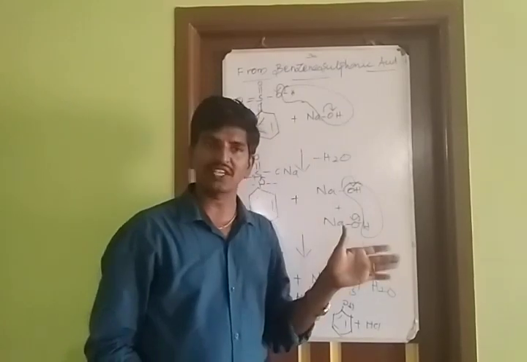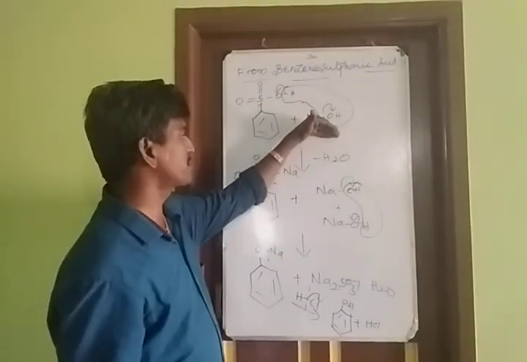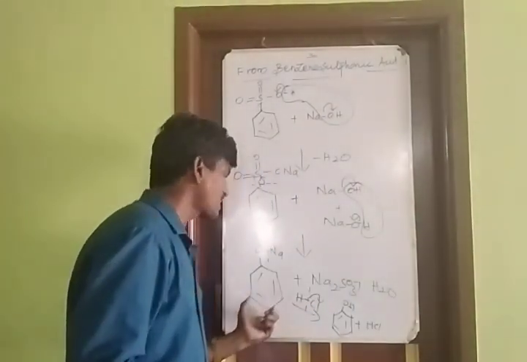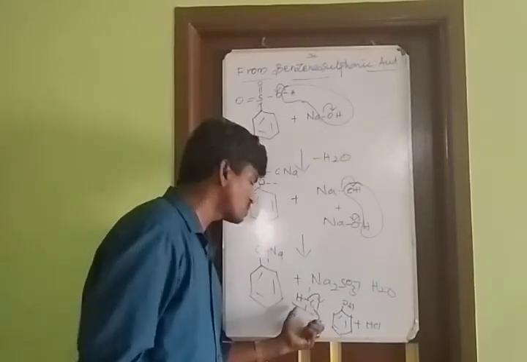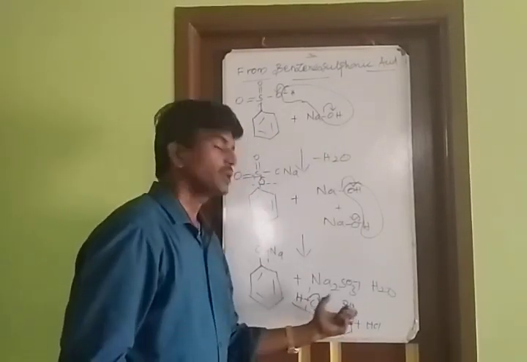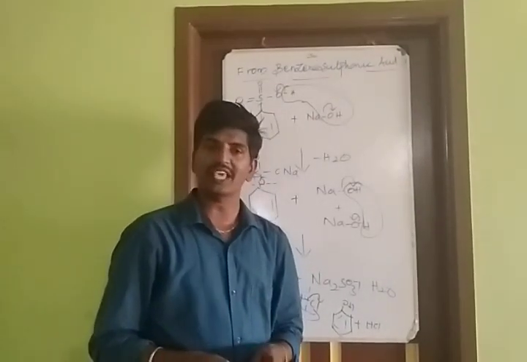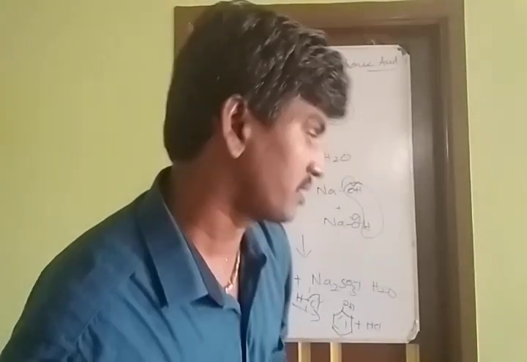It is acidic in nature. When it reacts with a base, it gives salt. Sodium hydroxide is a base. It gives salt. Then again it reacts with 2 moles of NaOH. You can get sodium phenoxide. Then we have to do acidification. So I am going to add hydrochloric acid. You can get phenol and its byproduct is sodium chloride. Okay. Next I am going to prepare phenol from cumene.